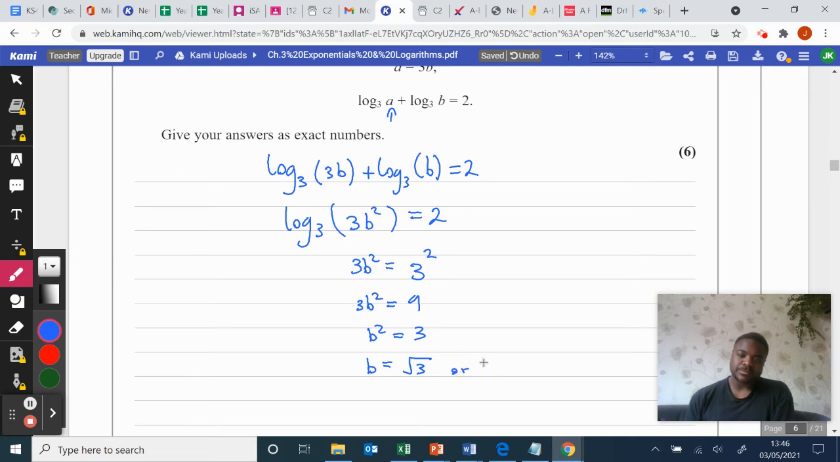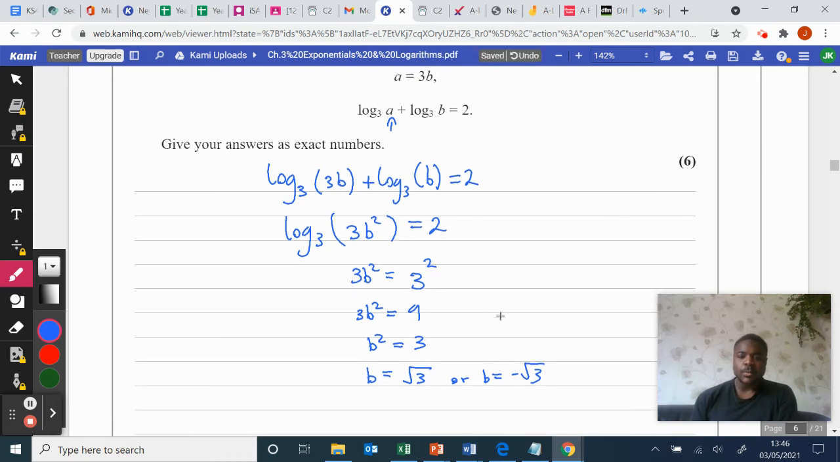Let's also write b is equal to minus the square root of 3. But I just want to show us that if I were to use minus the square root of 3 in here, that would become log to the base 3 of minus the square root of 3. But logs cannot take negative numbers. Okay, so we're actually going to cross this one out because